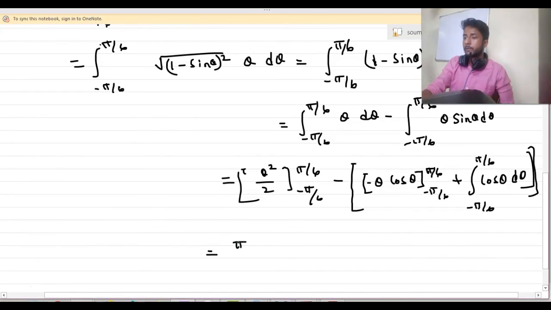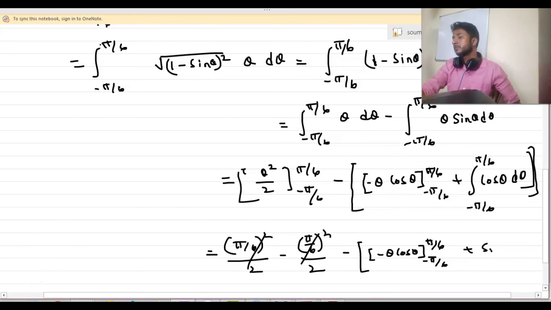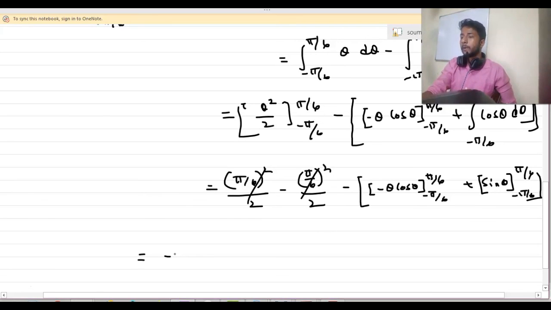So this is nothing but (pi by 6) whole square by 2 minus (pi by 6) whole square by 2, right? So you can cancel it out. Then minus theta cos theta from minus pi by 6 to pi by 6, and integration of cos theta is equal to sine theta, so this is sine theta again from minus pi by 6 to pi by 6. Okay, so we can write it as minus of